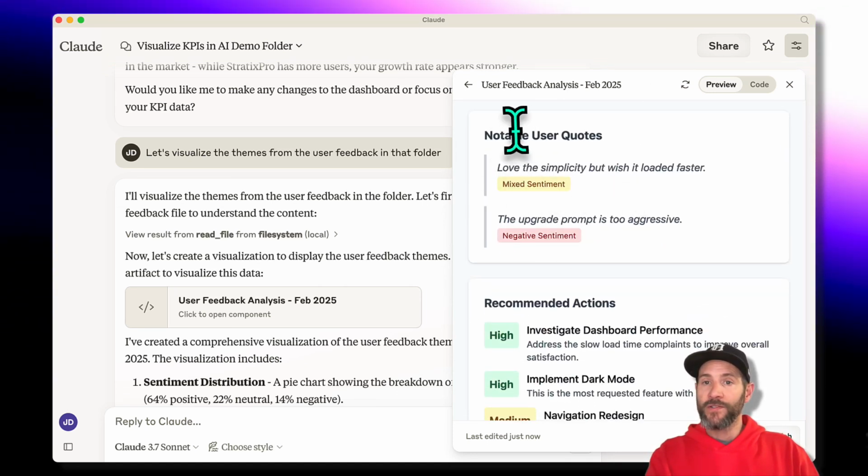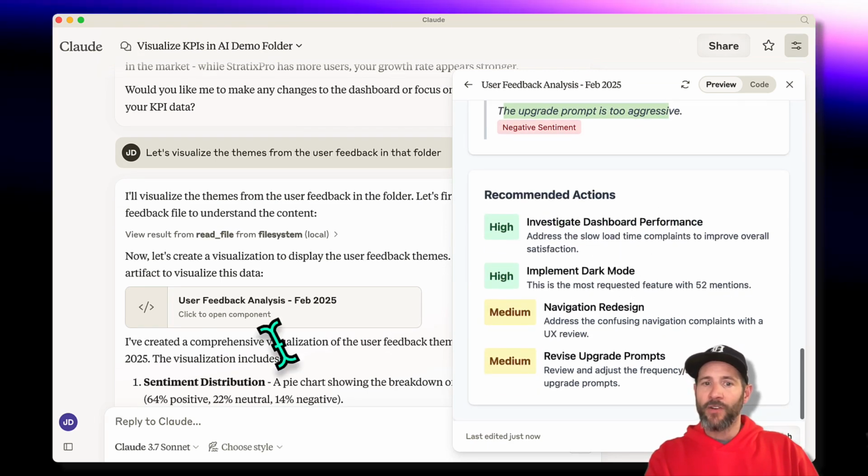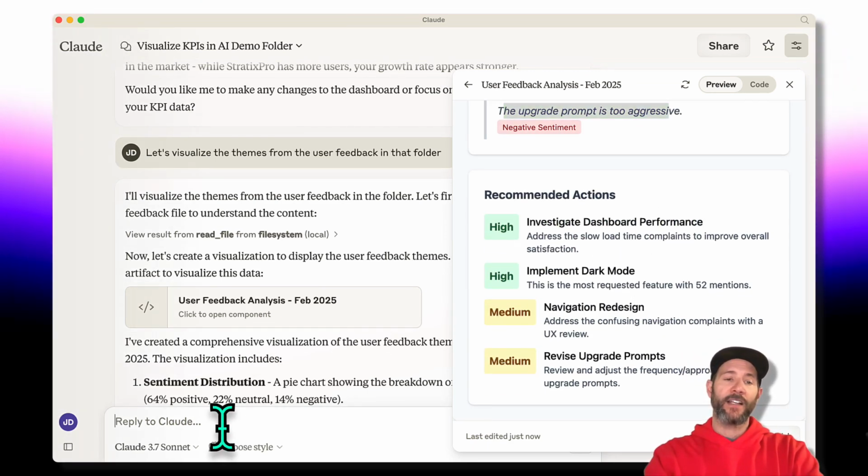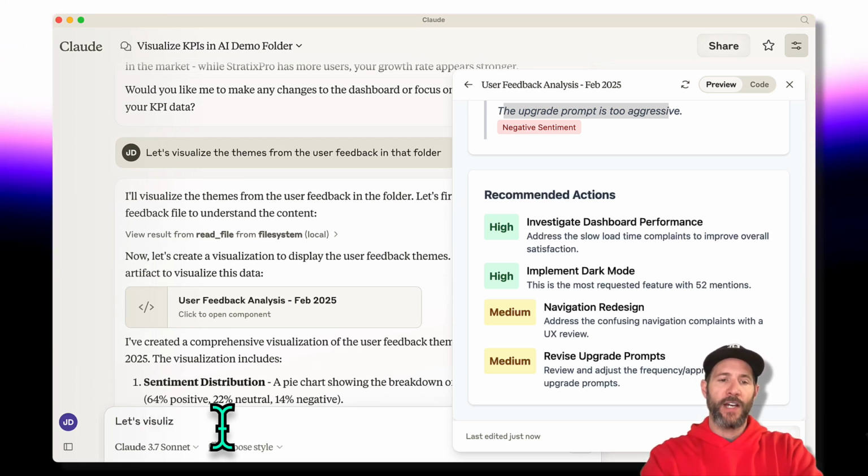And here's some pull quotes. So here's some user quotes, right? Some mixed sentiment, negative sentiment. You get the idea. So let's see. Now let's say, let's